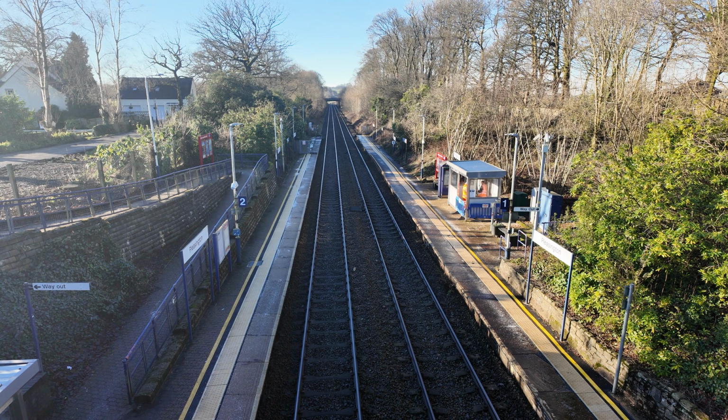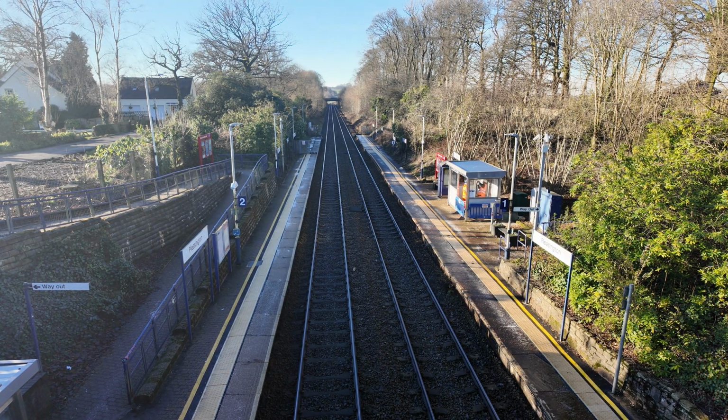However, I do believe this is one of the stations that the new Northern timetable, since the last video, operates no trains on here on Saturday or Sunday, maybe. Definitely Sunday. Check the video description for what's going on with Northern. There's no trains on Sunday at this station. I think this is one of the stations as well. So it's replacement bus or coach and replacement rail service. So yeah, it's a bit of a